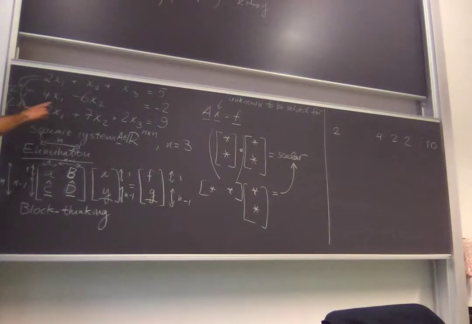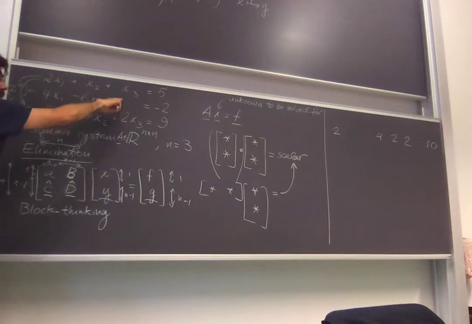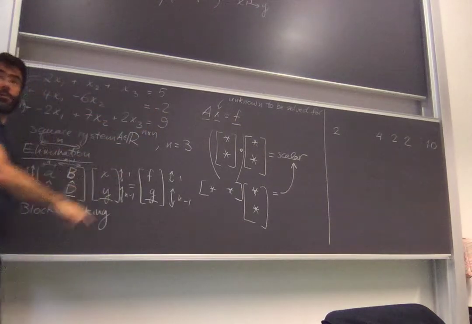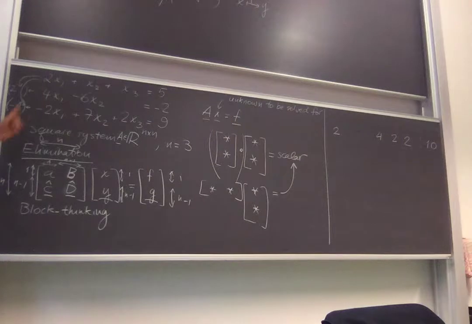Of course, by doing that, I'm also going to affect these values here. By doing this operation, I'm going to affect also these values. Of course, I have to respect that. You cannot just change this one and forget about those. So it's kind of worrisome. You're doing something, maybe you're undoing it on the other side. No, I'm being systematic. You see, because once I have all zeros here,